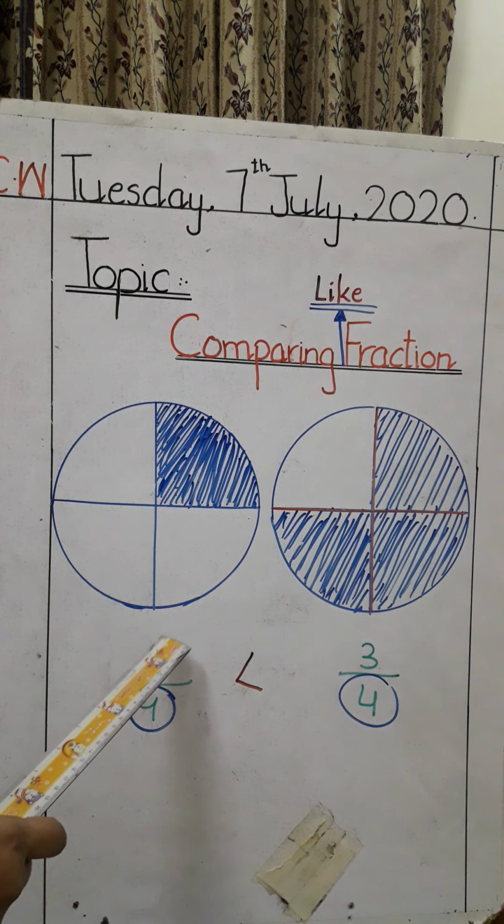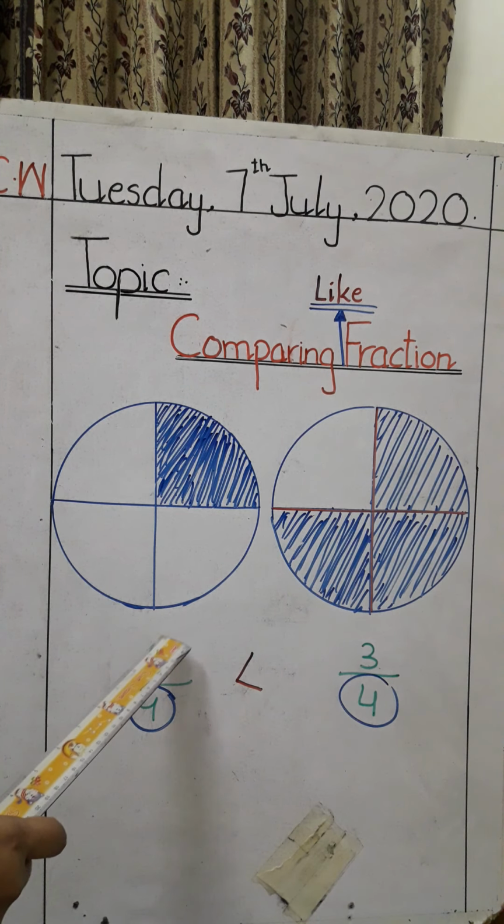Okay students, now once again these circles are divided. Now I make 3 more circles. These circles are divided into 4 equal parts. You can see 4 equal parts, out of which 1 is colored. So we will write 1 by 4. 3 colored parts out of 4, so 3 by 4. Here again 4 equal parts, out of which 2 are colored. So we will write 2. How many total parts? 4.